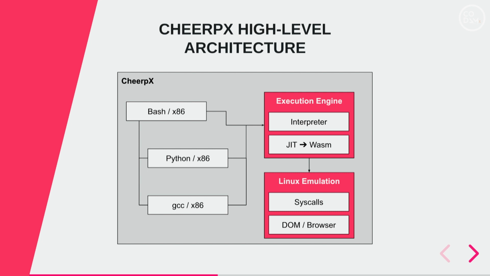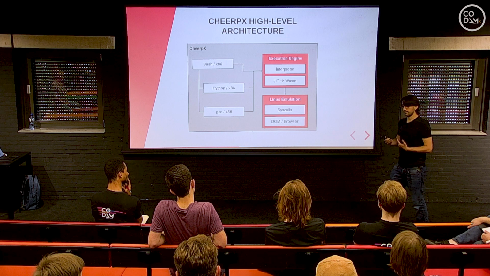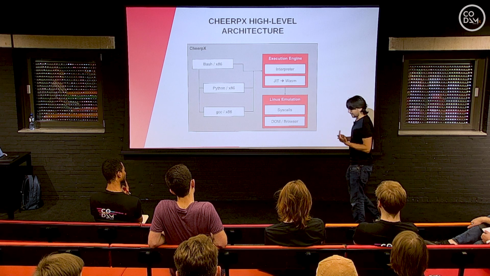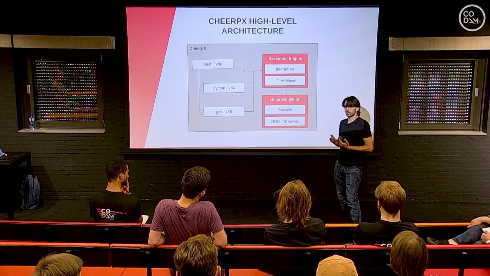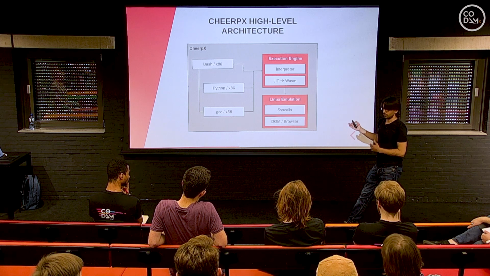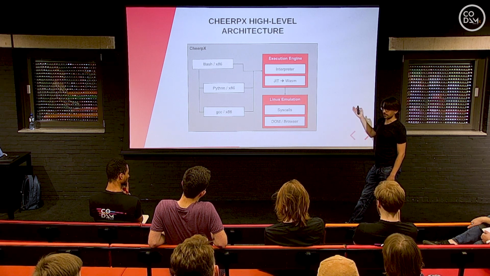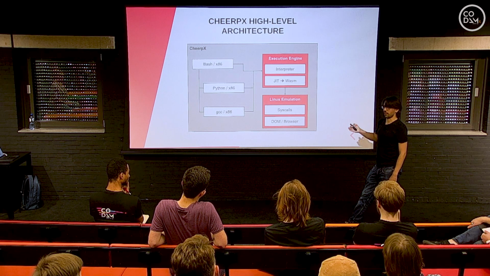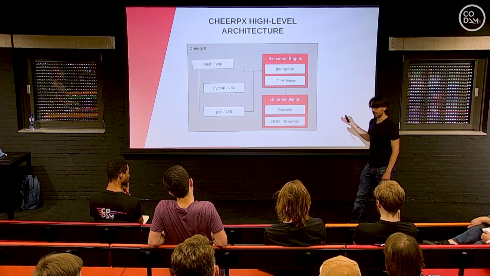And eventually, these applications will reach some system call. For example, GCC needed to open the source file to see what the content was. This is something that does not run in the execution engine, but is something that we implemented ourselves as part of our C++ code. It also communicates with the browser, because remember that this is still a browser, right? Eventually, we need some code that runs in JavaScript to be able to actually write things on screen. To have the console, the terminal, give us any information, we eventually need to create a JavaScript string from the bytes that came from the execution engine.